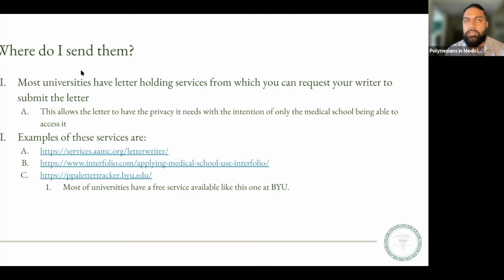And for those of you who didn't attend our workshop for the general overview of applying to medical school, one of the useful tools that many of us have used to look at different medical schools and compare them, look at their statistics, like average GPA or average MCAT score for people who have been accepted into school, race, ethnicity, and specialties that people end up going into. The tool is called MSAR, and I can include it in the chat after, but it's a really useful tool. They provide a free subscription, but it's limited.